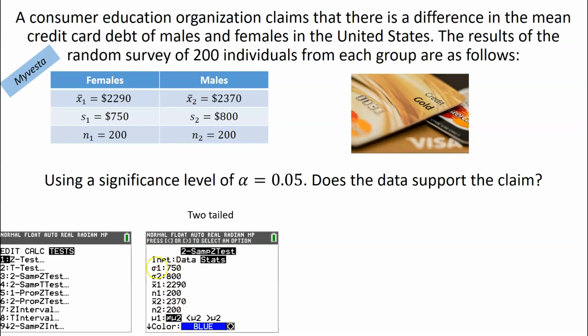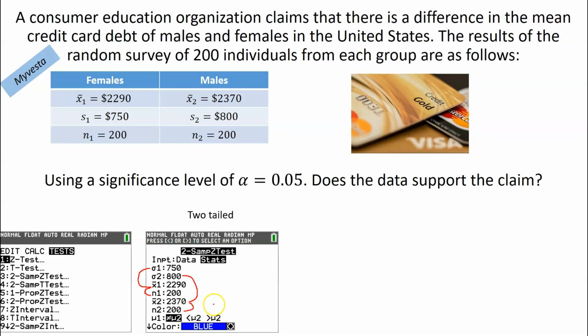And so then I'm going to have that. Notice how things get entered here. This can be really easy to mess up. You've got to have the sample standard deviation here with that number there, they kind of jump around a little bit, and that number right there. Okay, so we've got the first group's sample standard deviation, their mean, and their size. Then we've got the second group's sample standard deviation, and then its mean and its